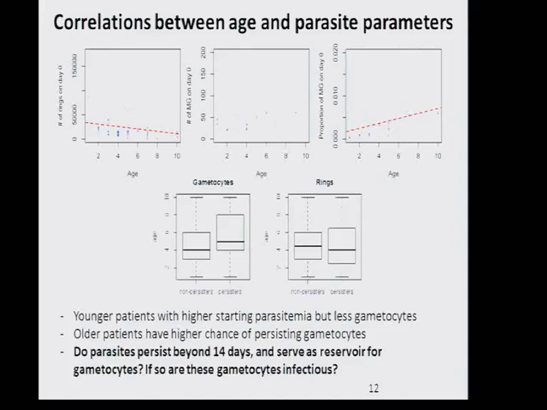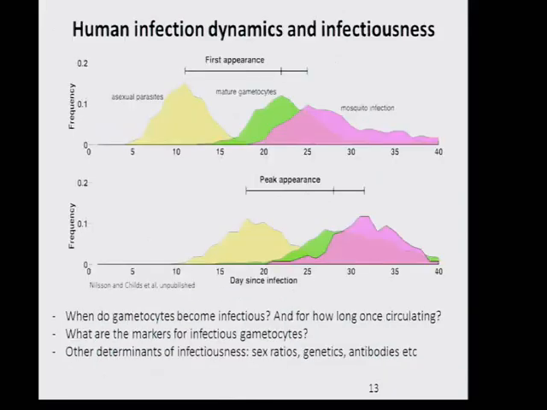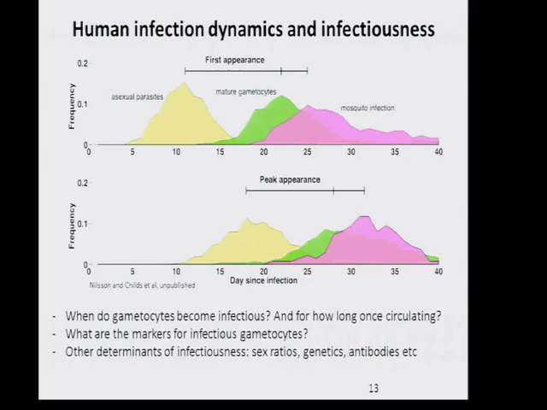actually, what is an infectious gametocyte? So now we know what's in circulation very early on, and we know what's in circulation very late, but we don't know which of these circulating parasites are actually infectious. So this is a graph that Lauren Childs from Caroline Buckee's lab generated based on published neurosyphilis data, but basically the point is, upon sporozoite infection, we know that asexual parasites start to appear after about 10 days, and then the mature gametocytes start to appear a little bit more than 20 days after, because in the meantime they sequester, and then they become infectious to mosquitoes.